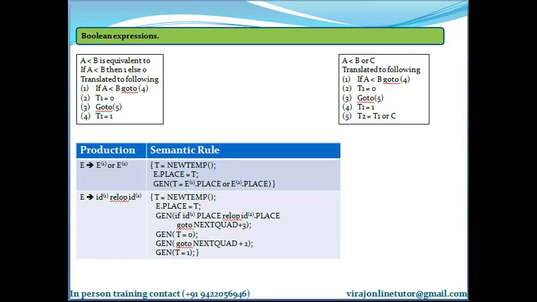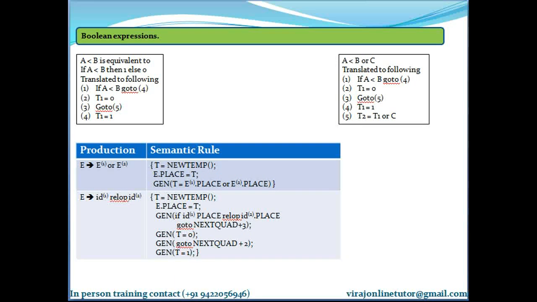Of these 3, or and and are left associative, and the highest precedence is not, followed by and, followed by or. I repeat, highest precedence is not, followed by and, followed by or.